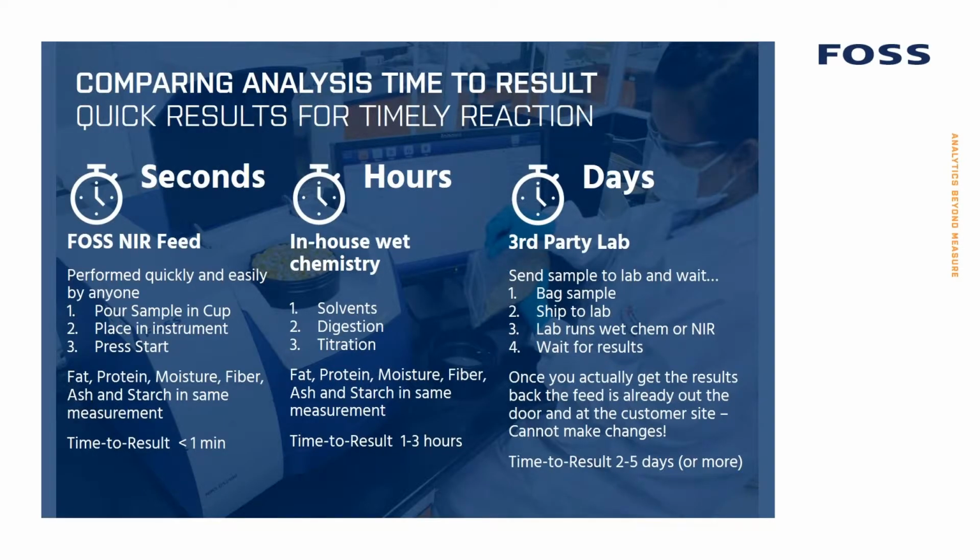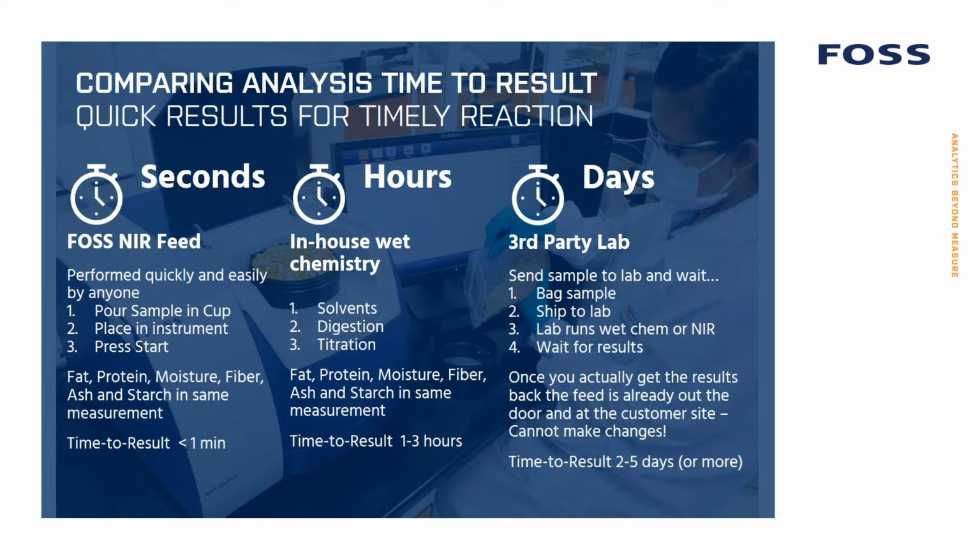This slide highlights the differences in different analysis approaches with respect to the important time to result parameter. In other words, how long does it take to get an analysis result that you can then take action on? Here we compare an on-site NIR approach, which typically has an analysis time of less than a minute, to an in-house chemical analysis method that can take hours, and the practice of sending samples to a third-party lab for testing,